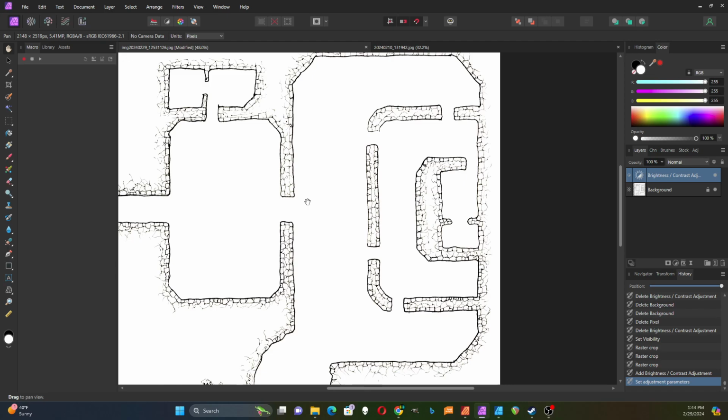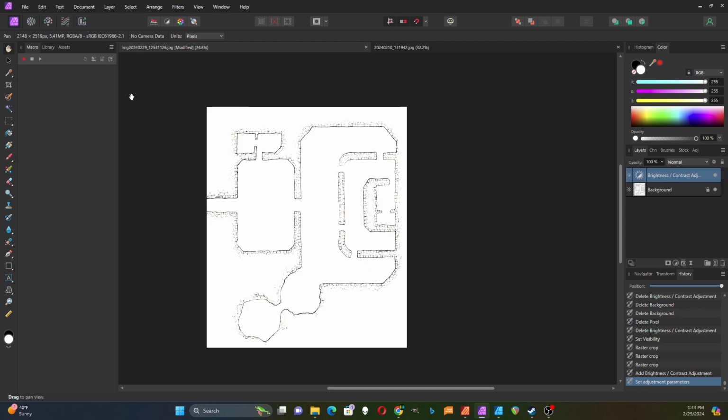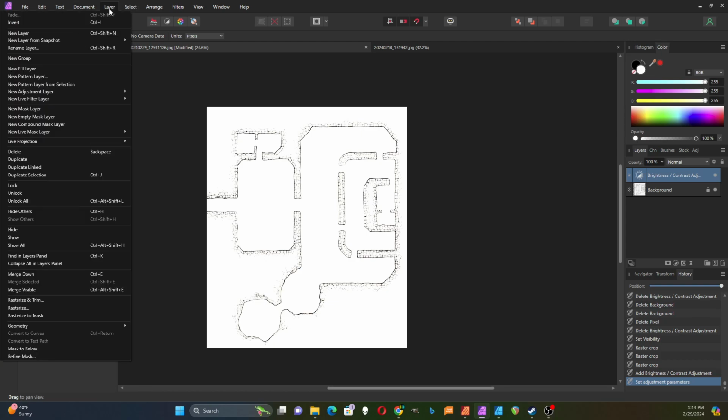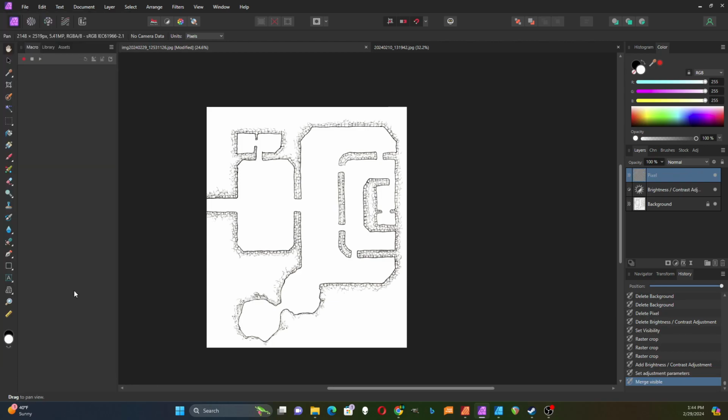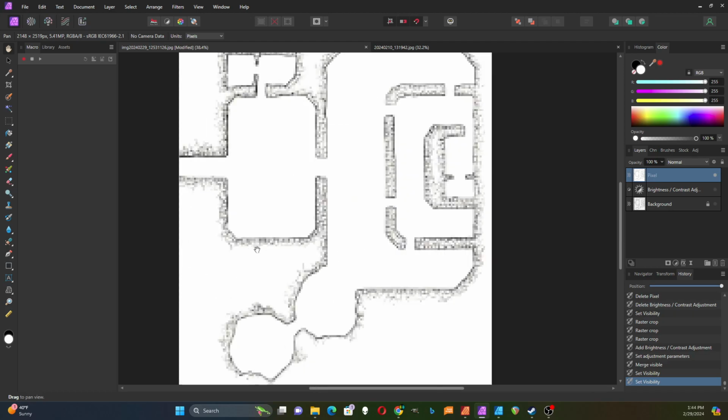So now the next thing I'm going to do is to create a new layer based on this, and I'm going to merge visible, because at this point it hasn't really applied the crop to it. So I'm going to merge visible, and so that looks pretty good. I can actually turn these off now. All right, so